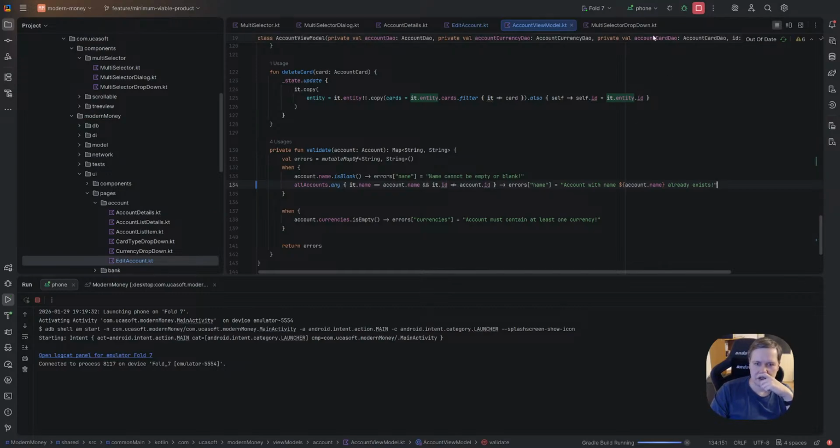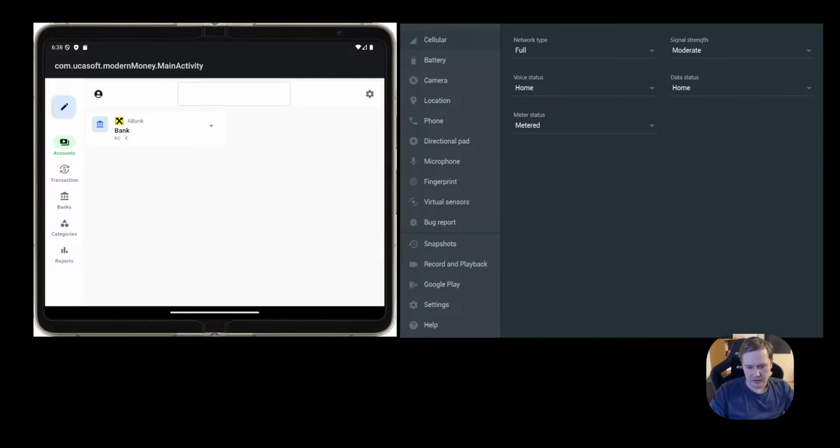We need it here, I hope. If we have the same name but different IDs. Yes, because we can try to change an already existing one, not just a new one.